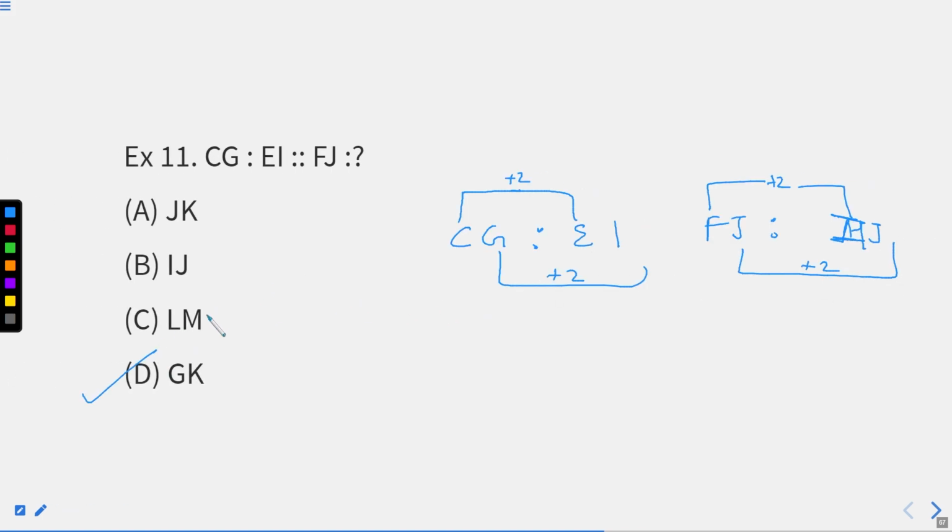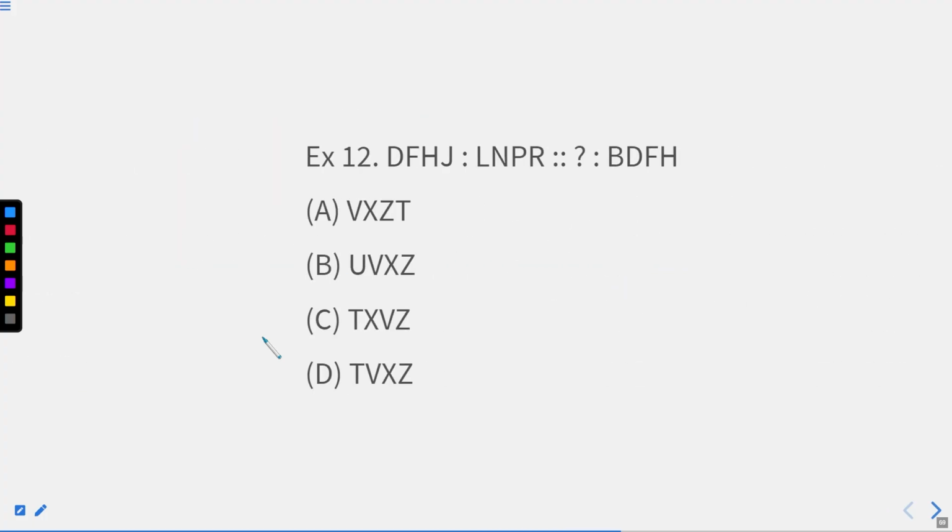Right? F, G, A, B, C, D, E, F, G. After we have J, we have K. We are getting our answer directly. What are we skipping? We are skipping a few letters from C, D, E, F. We are skipping 4 to 5 letters here as well, right? So what are we getting? A consecutive of E, F, G, J, K. So we are getting J, K as our answer. I hope this part is also clear, right?